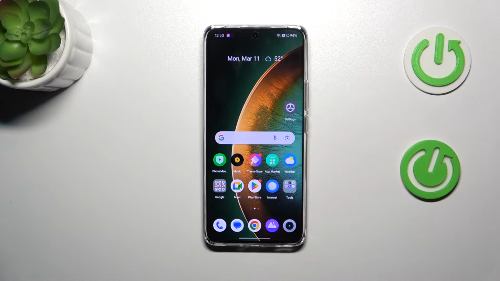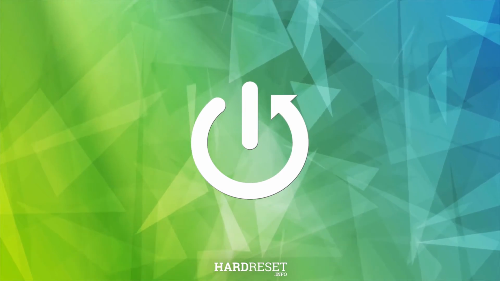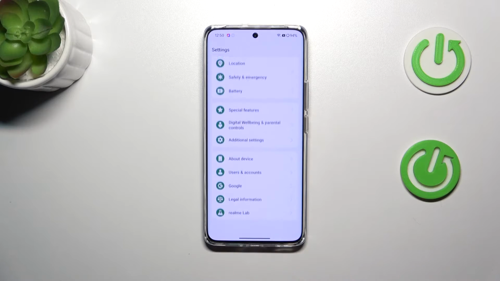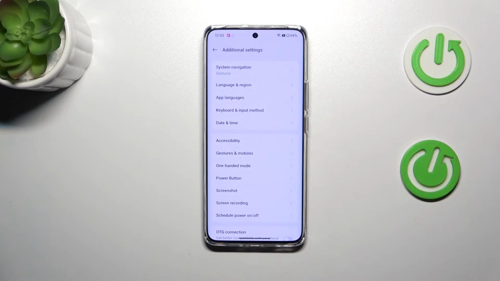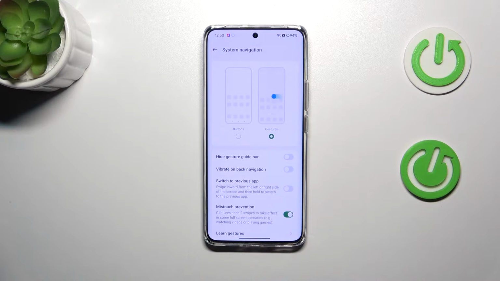Hi everyone, in front of me I've got Realme 12 Plus, and let me share with you how to change the 3 buttons navigation into the gestures which I've got currently applied. So let's start with entering the settings, and here we have to scroll down to find additional settings. As you can see at the top, we've got the system navigation, so let's tap on it, and here we've